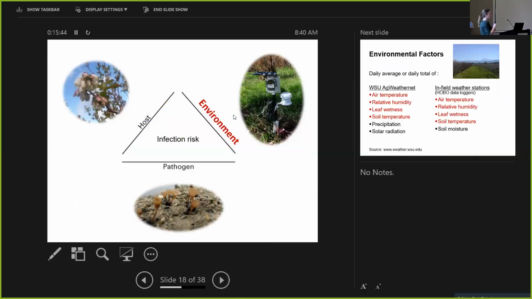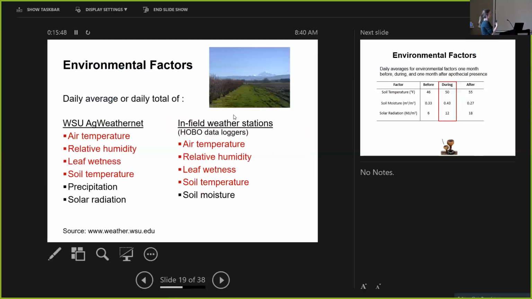So that leads me to investigate the environment. In order to determine what environmental factors, out of all these factors that we can measure these days, do influence these apothecia, I used 2 systems, the WSU Ag WeatherNet and in-field weather stations, to see if